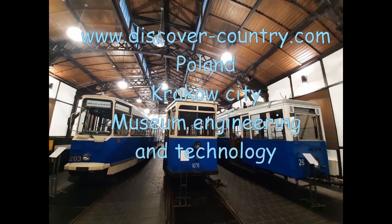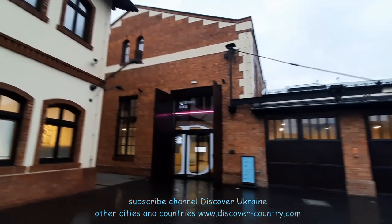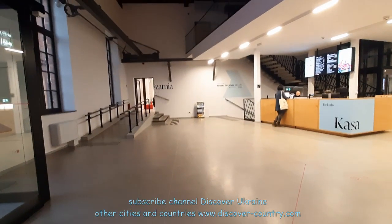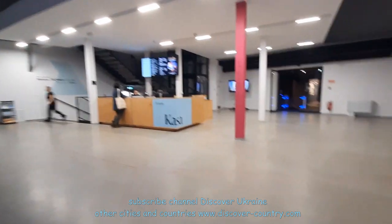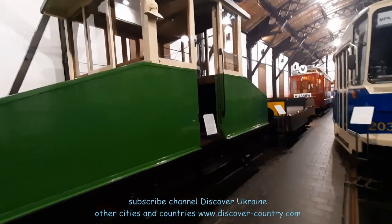Museum of Engineering and Technology. It's located in the Kazimierz area. Here was, by the way, an old tram depot. This is the main entrance, cash desk hall, and I recommend beginning your tour from this hangar with